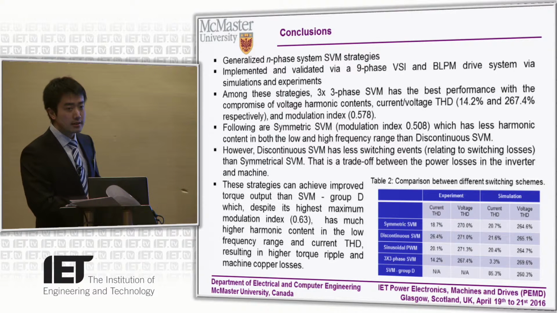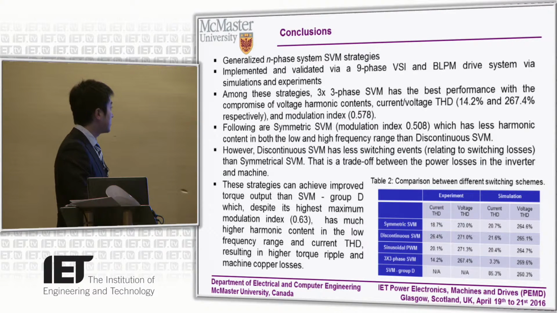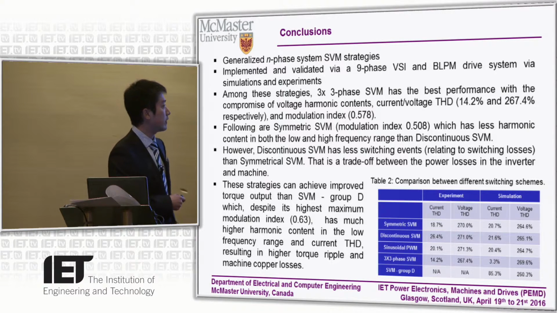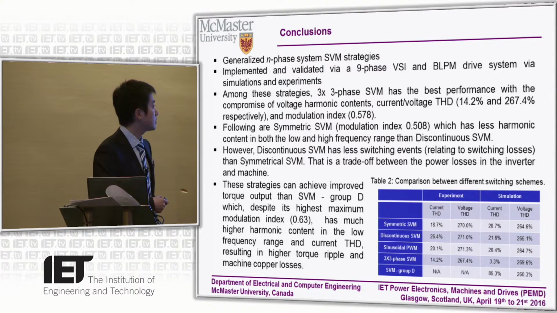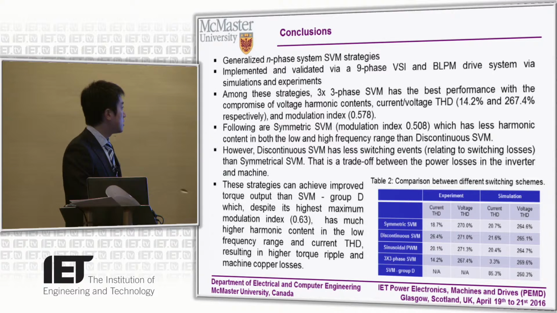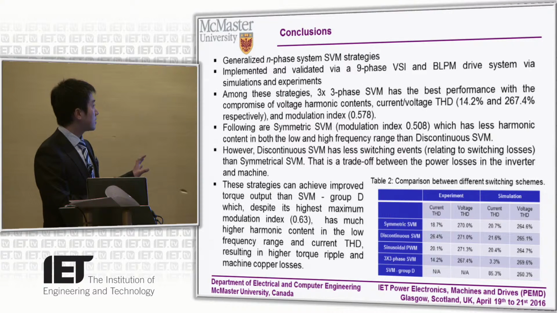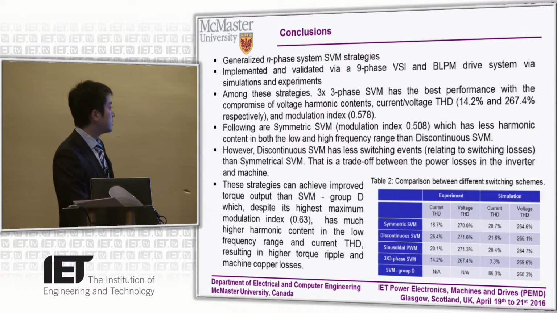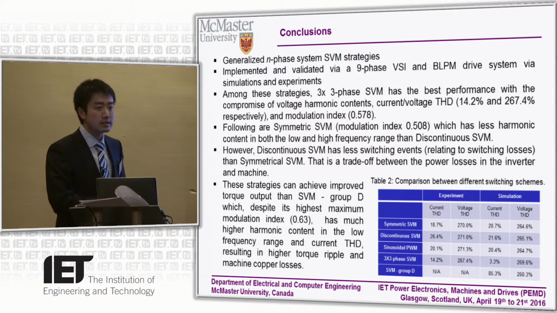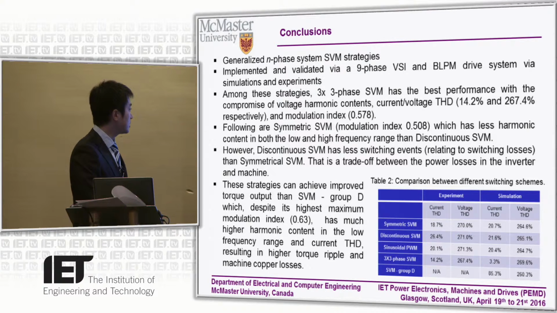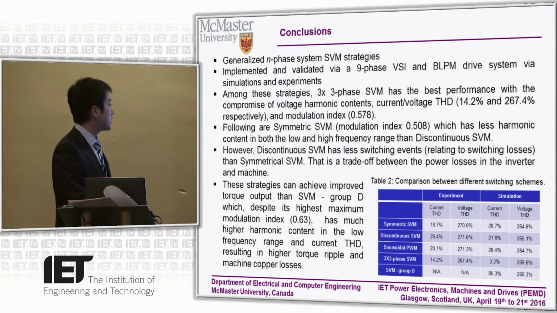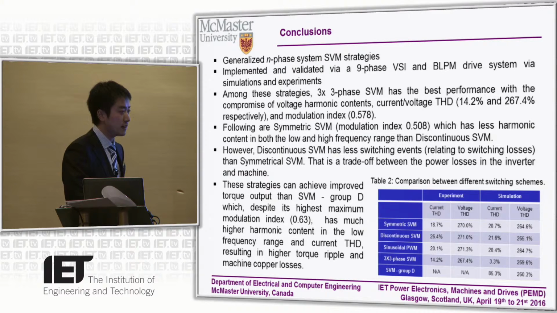However, the discontinuous SVM strategy has fewer switching events, which is related to the switching losses. This is less than the symmetrical SVM. So this is the trade-off during the design between the power losses in the inverter and the machine. These strategies can achieve improved torque output compared to SVM Group D, which is a selective active voltage